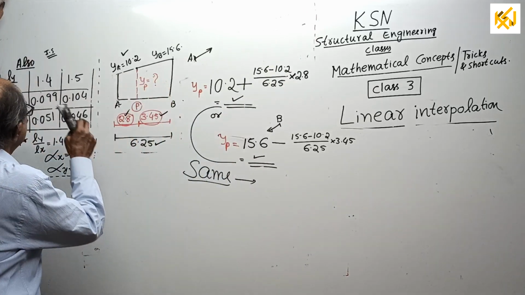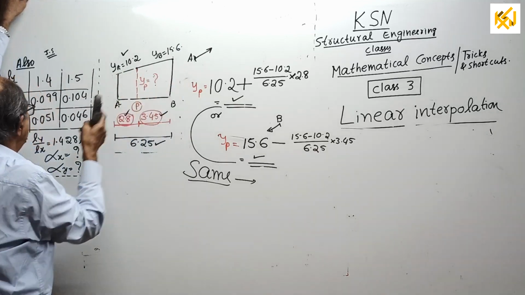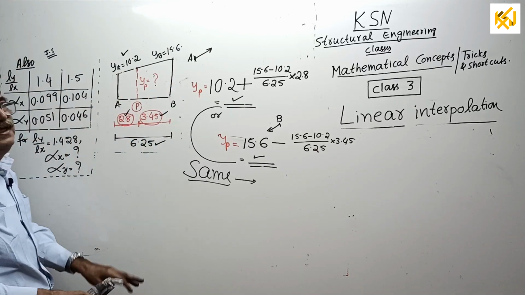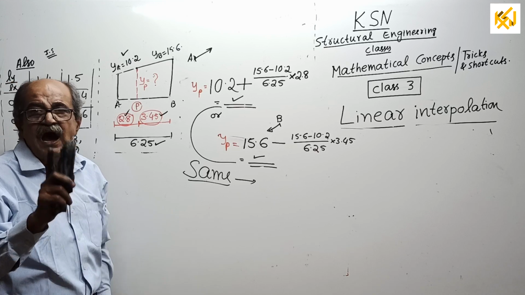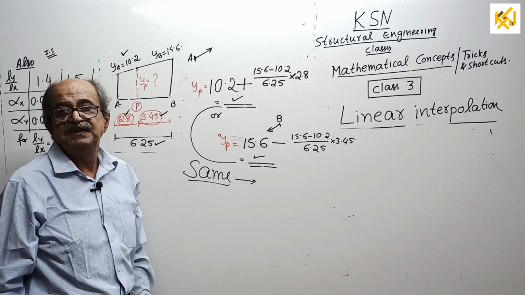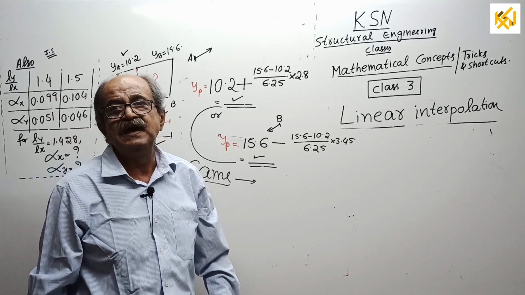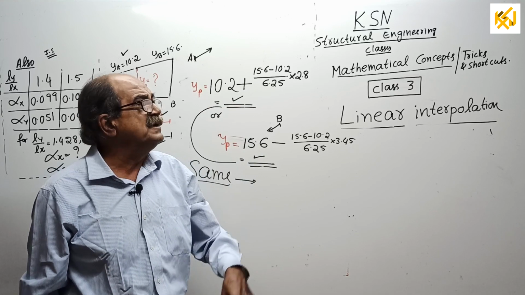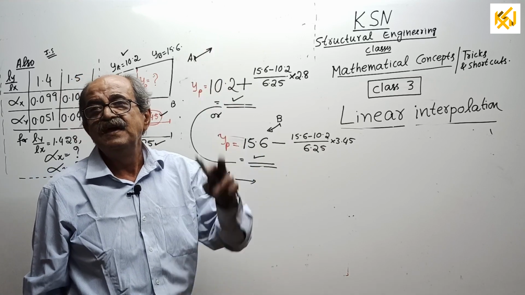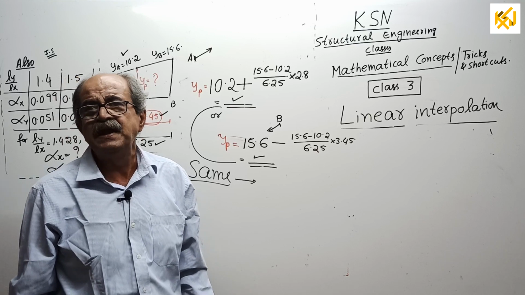Now come to lastly, the table. So many people, they manage this one. Here they got difficulty. Here also no difficulty. I will make it clear. This is required for RCC or steel. See, in steel, based on the slenderness ratio KL by r, the FCD value, design compressive stress, will decrease. Sometimes based on some number, it will increase. The code only will tell: intermediate values are obtained by linear interpolation.